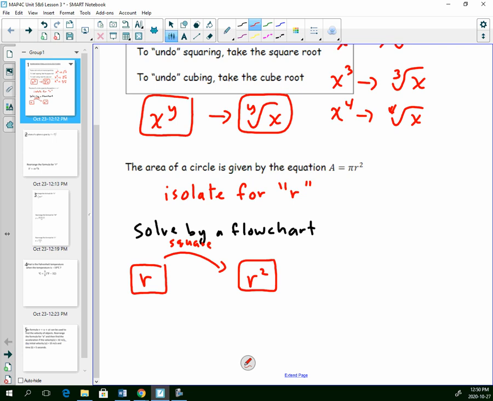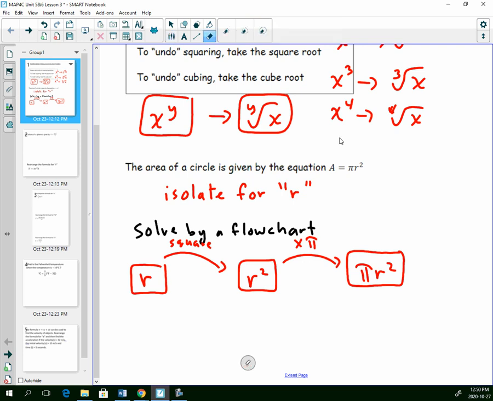And then after that, we multiplied by pi. So you have to remember that order matters. You have to ask yourself, did I multiply by pi first, or did I square first? I know I squared first because the pi is not squared and there's no brackets around it. So the pi was done last. And then that equals A,